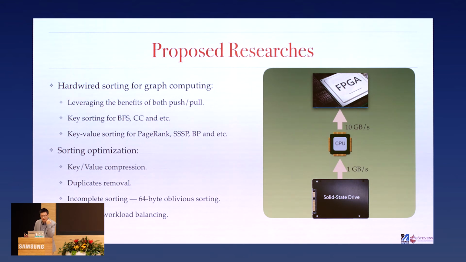And I figured out if we can directly go from FPGA to SSD, and if I have more SSDs over there, then we can directly customize FPGA for the sorting of graph computing. Because why we do sorting is because we want to fit into the cache line. And then we can also do,